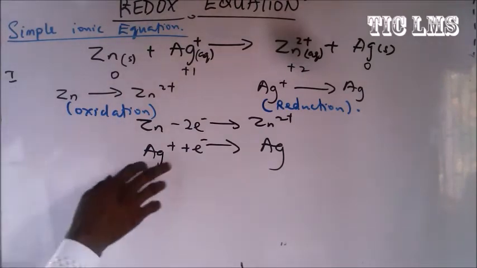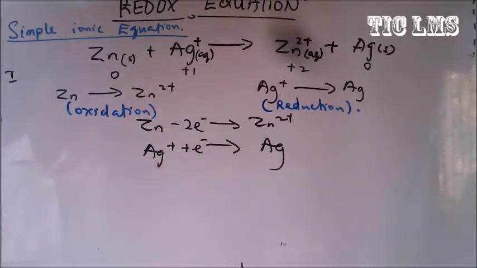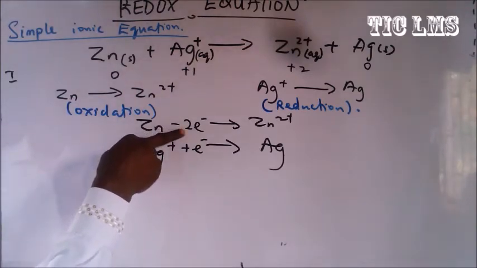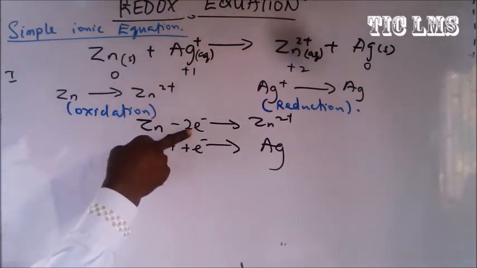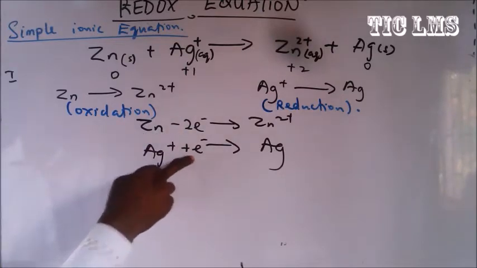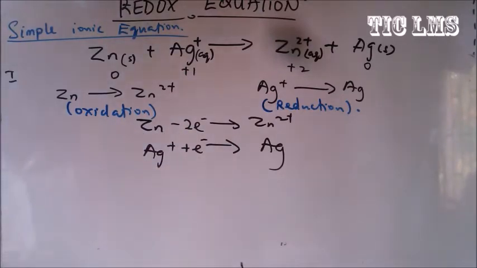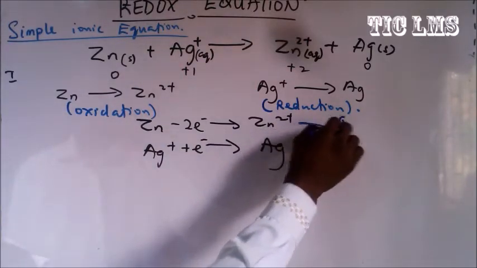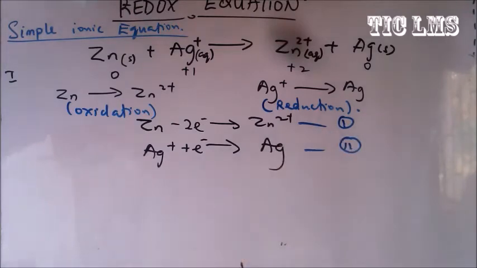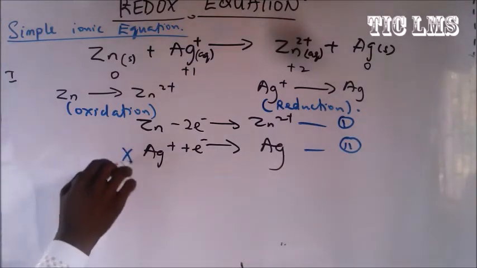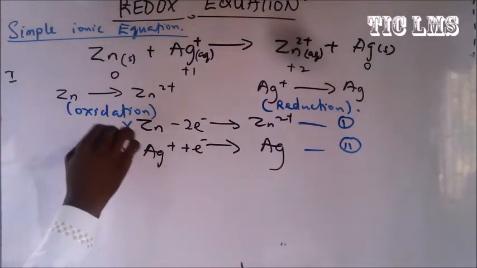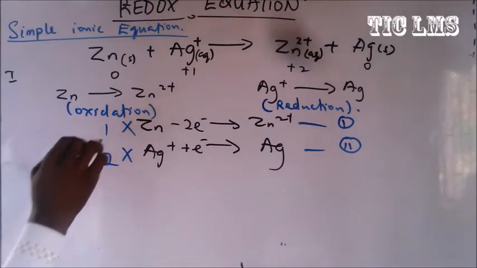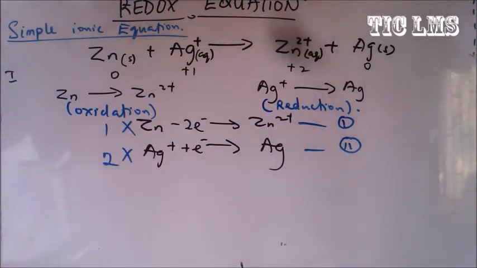Alright, so from here, we have 2 electrons for zinc here, and we have just 1 electron for silver here. So what we'll do is that we'll multiply this. Now this is our equation 1, and this is equation 2. We'll multiply equation 2 by 2, and we'll multiply equation 1 by just 1 because the 2 electrons are there,